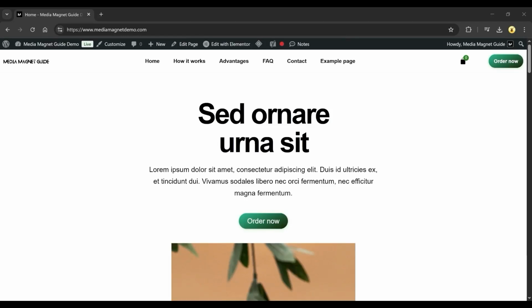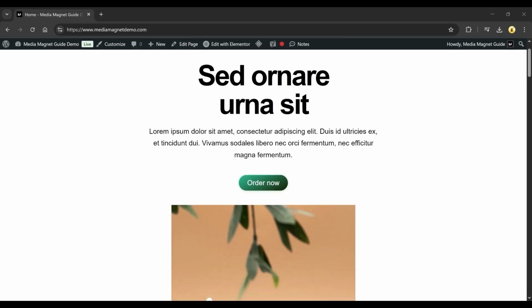Want to make your header sticky in Elementor? I'll show you a quick and easy way to keep your header visible while scrolling, so your site looks clean